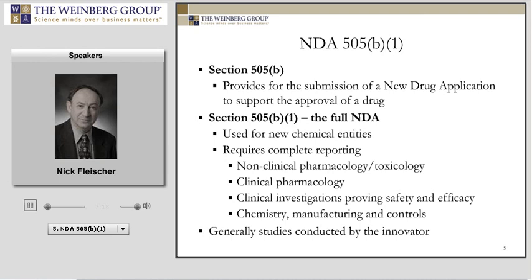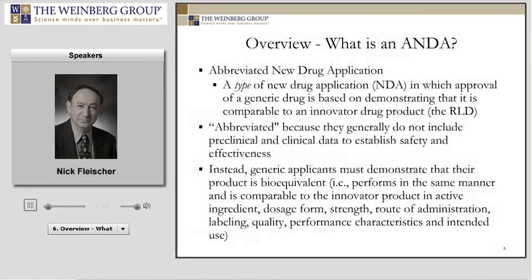So just to give you a quick example of that, in case a 505(b)(1) applicant wants to make a modification and file a new 505(b)(1) NDA, but they don't want to repeat all the non-clinical pharm tox data, they could then refer the FDA to the original NDA and not have to repeat that in the new NDA. And that would still be a 505(b)(1), even though it would not contain any of the pharm tox data that ordinarily would be required in a (b)(1) NDA.